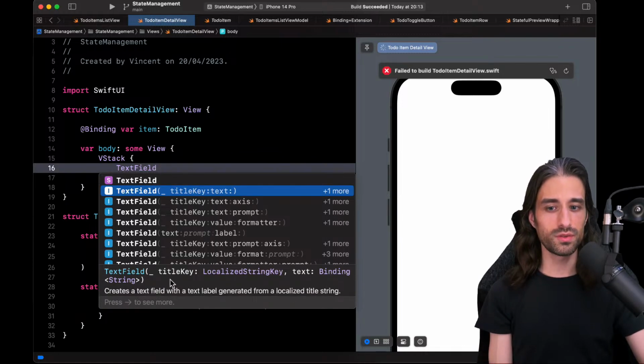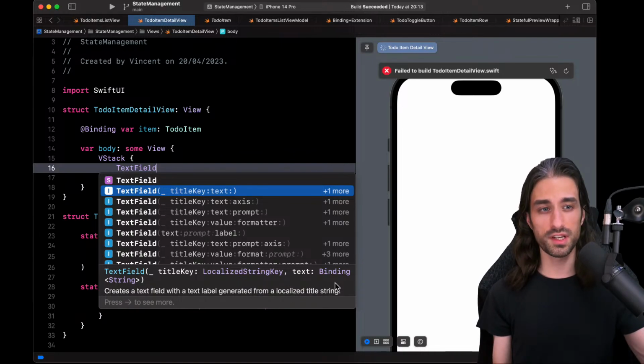We can see in the description, title key is a localized string key, meaning that SwiftUI will look to see if there is a key matching the string I pass in my localizable .strings, and the text, which is a binding on a string. It's perfectly logical to have a binding here, because the text field needs a way to update the value that it is given.